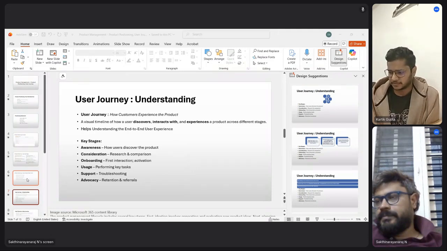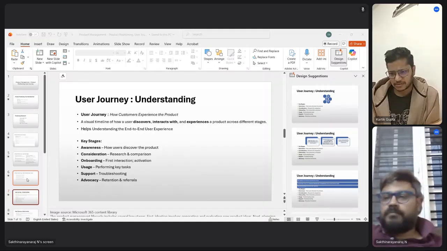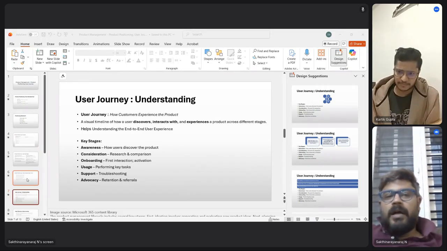The explanation of how a user can use the product. 90% you got it. So basically, how a user interacts with or experiences a product.